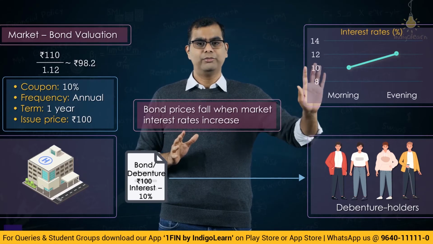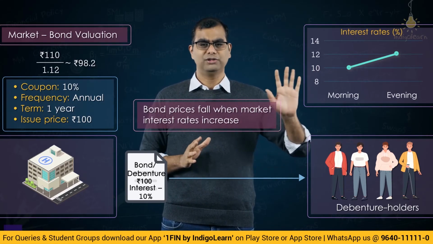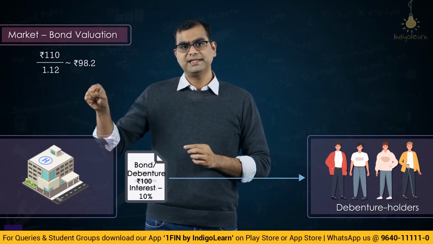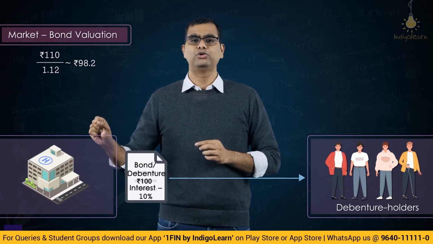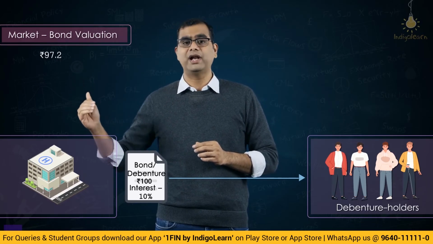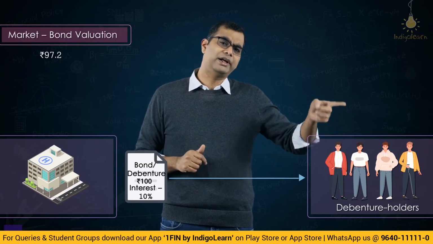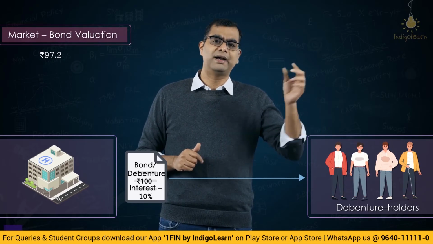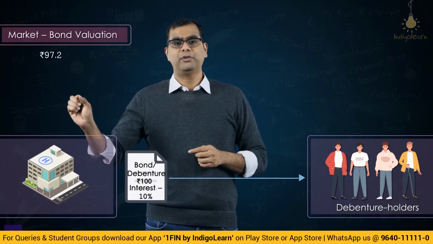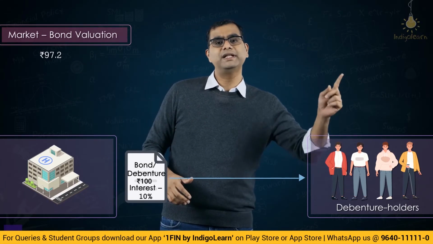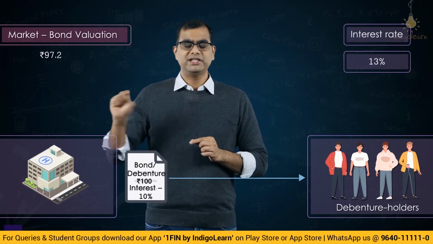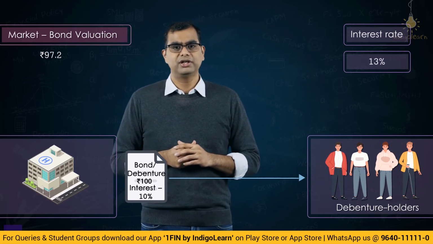Now, for the moment, I am calling this market interest rate. Now, let us say I tell you that the price has fallen from 100 not to 98.2, but to 97.2. Can you backwork and compute this particular interest rate in the market? What should be applicable for this kind of bond? If the price, instead of falling from 100 to 98.2, has fallen to 97.2, then what should be the interest rate? So the interest rate, let's say, comes to 13%. Now, if you know the change in price, you are able to determine the change in interest rate, correct?